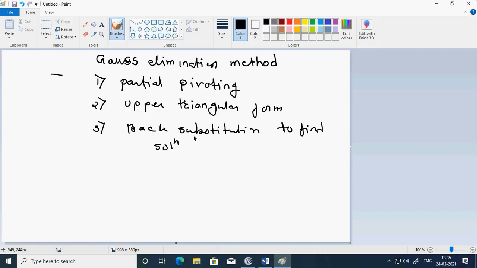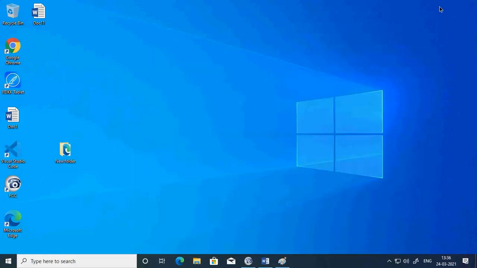Back substitution to find the solution. So these are basically functionalities, what I call functions. So I am performing three functions to actually get the solutions. Okay. So what I can do,